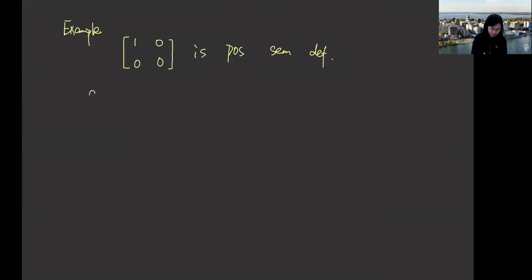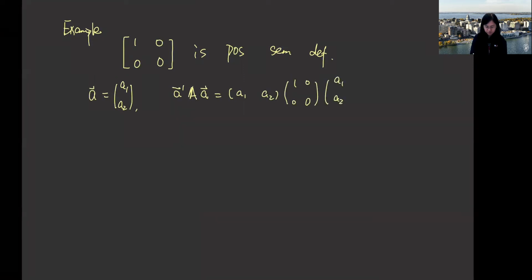If you take a vector A that equals A1, A2, then this product equals A1, A2, times the matrix 1, 0, 0, 0, times A1, A2,